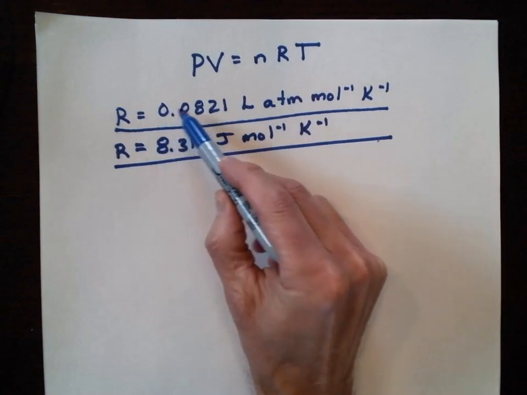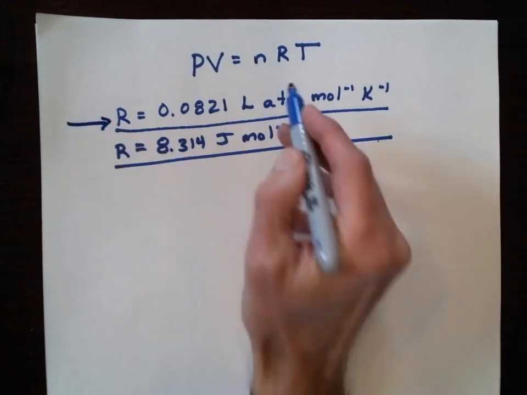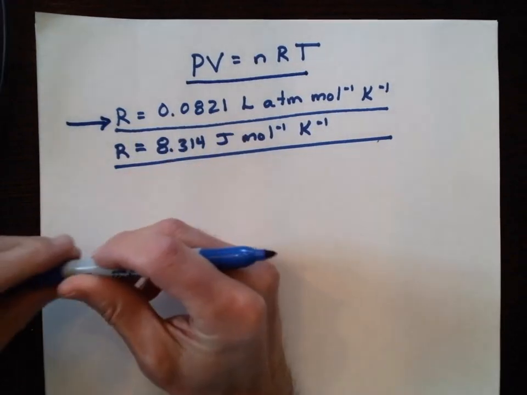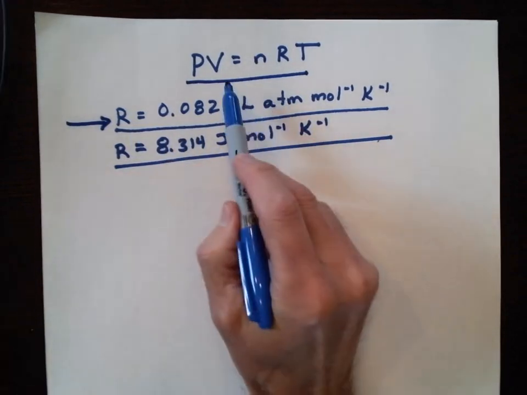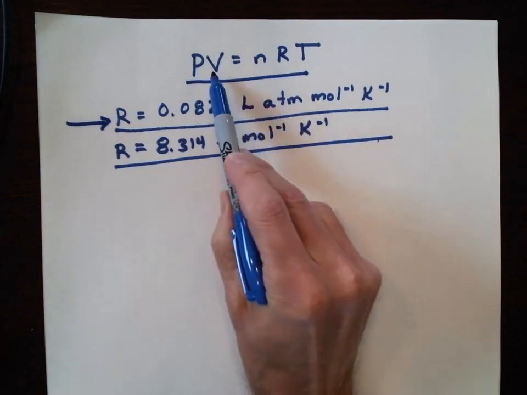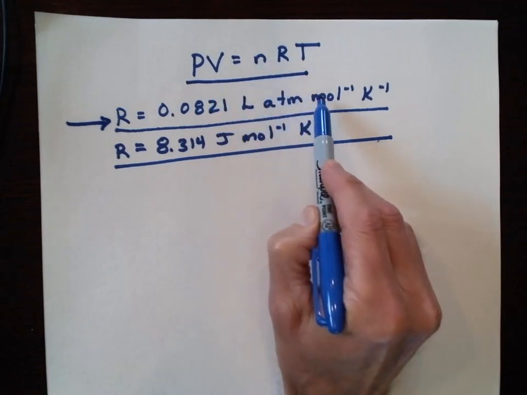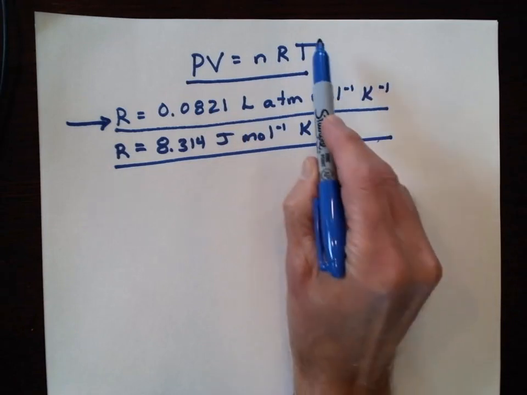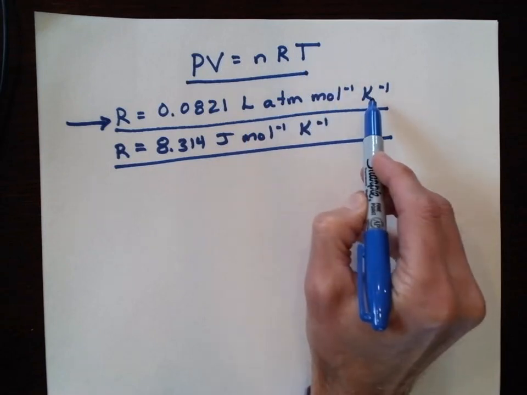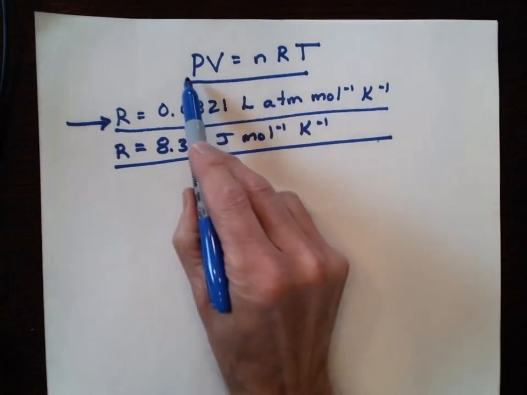As we look at our units of the gas constant, this is the one we're going to use in the ideal gas law. So we're going to use the chemistry gas constant in the ideal gas law. We should recognize that our pressure is going to have to be in units of atmosphere. Our volume is going to need to be in units of liters. Moles is going to be in units of moles, and temperature, as I said previously, is going to need to be in units of kelvins. That's always true with the gas laws. Temperatures need to be in kelvins. So the units of the gas constant are going to tell you what your units need to be